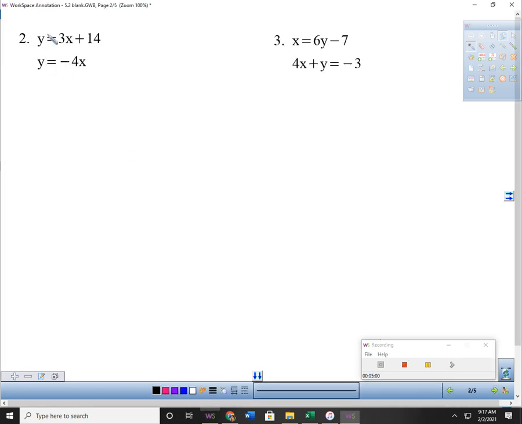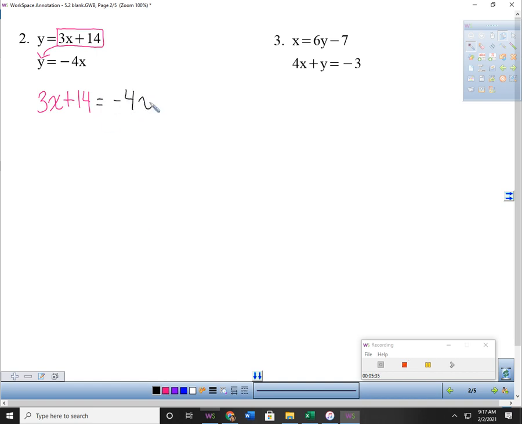So number 2. In one of these, I'm going to solve for y. Notice y is already by itself in this one, or I could have solved for x if I wanted to. But I know that y is equal to all of this, which means I can take that and plug it in for y in the other equation. So notice y is all by itself over here, so I don't have to worry about any parentheses. I just need those if there's going to be something being multiplied by that. So I plug that in for the y,